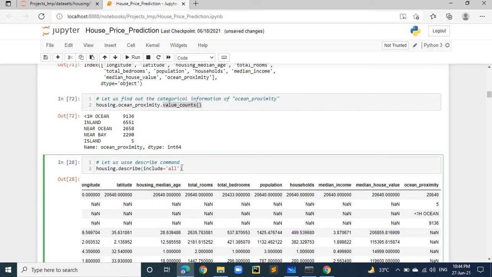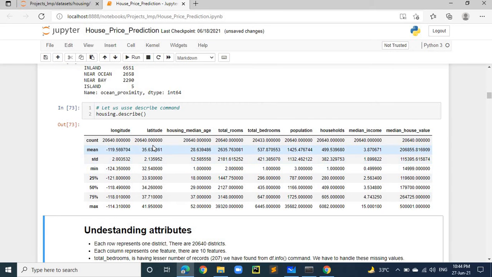Another important thing I will tell you about is the describe function. So now let us see housing.describe. By default, the describe function gives the 5-point summary of all numerical attributes like longitude, latitude, and so on.